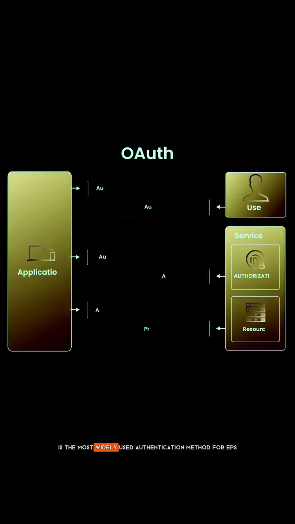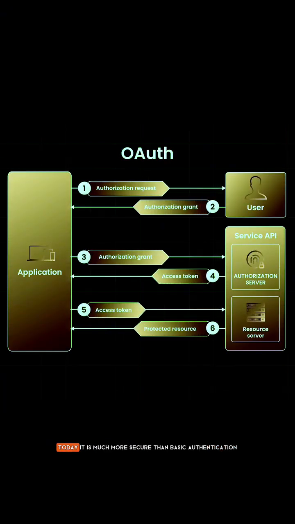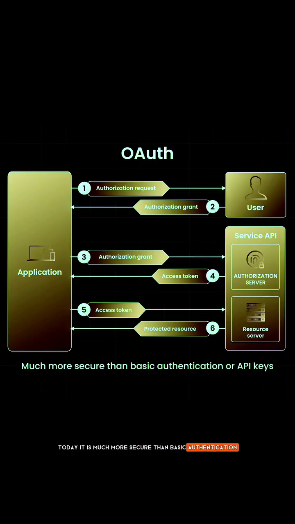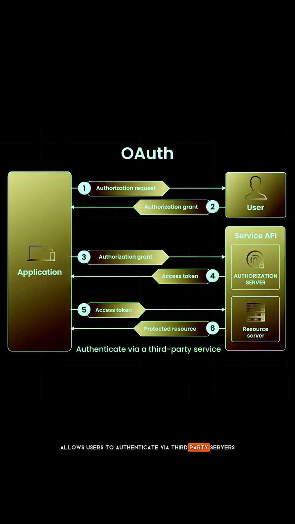OAuth is the most widely used authentication method for APIs today. It is much more secure than basic authentication or API keys. OAuth allows users to authenticate via third-party servers like Google or Facebook without having to share their credentials with the API